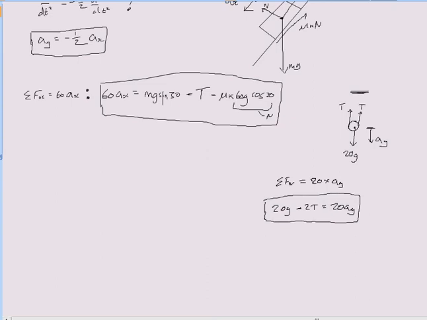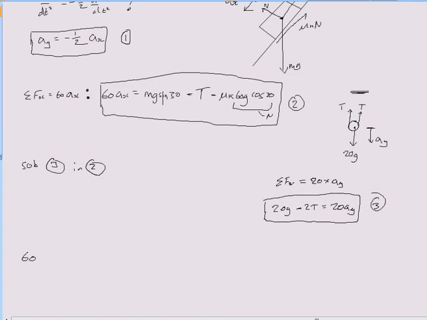What I'm going to do is substitute T from this one here. I'll call this equation 2, I'll call this equation 3, and I'll call this equation 1. And what I'm going to do is sub 3 in 2. I'll speed through the algebra here, but I'm going to make T the subject of this equation and sub it in there. So we know that our equation 2 will now become